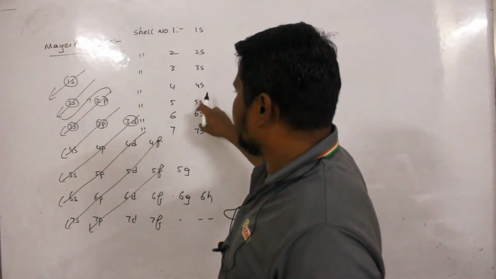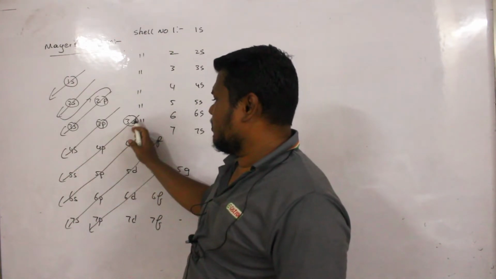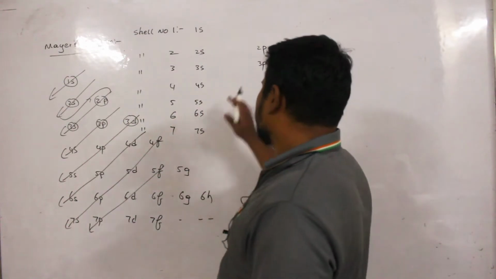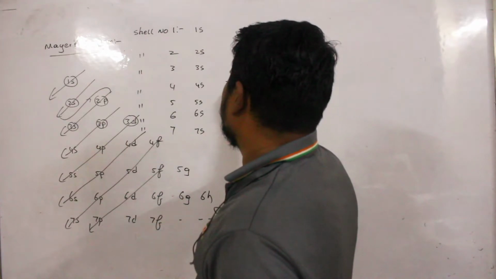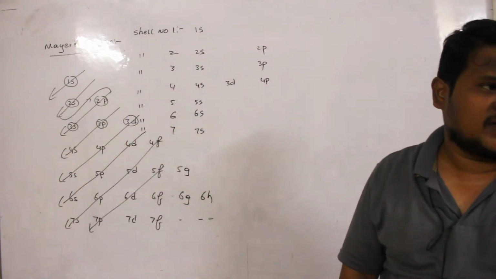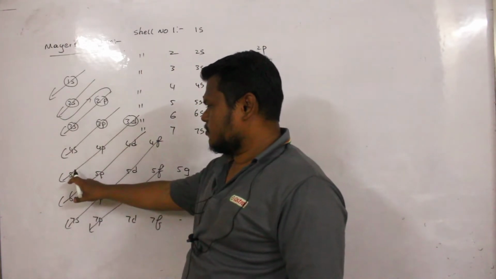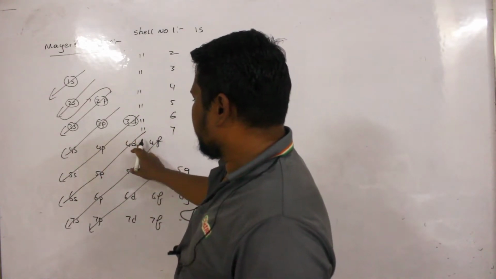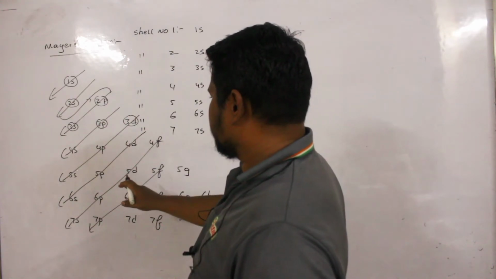Next, in traveling from 4s to 5s, how many subshells are present? Let us see: 4s, 3d and 4p, then comes the 5s. So how do I have to write the subshells? Here I have to write 4p, and in the middle I will write 3d. So this is how the modern periodic table is arranged. Then you see in between 5s and 6s. This is 5s and this is 6s. So how many orbitals are present in between 4d and 5d? So here I will write 5s to 6s now.